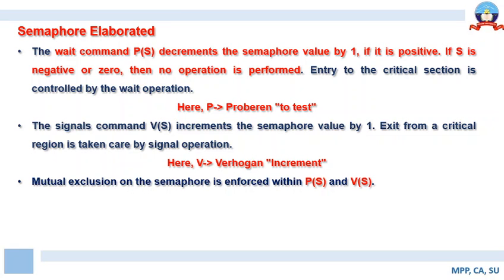When the value of semaphore is 1, the cooperating process executes wait. The wait then decrements the value of the semaphore to 0, signifying that now no other process will be allowed to use the shared resource, and the privilege is exclusively given to you, and now you can